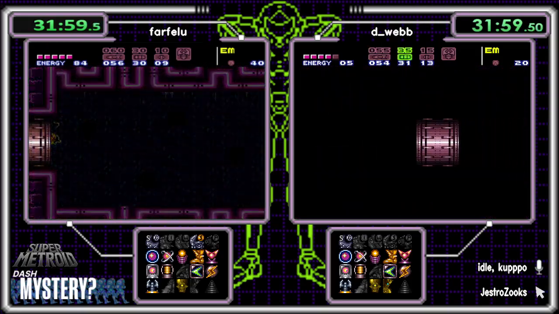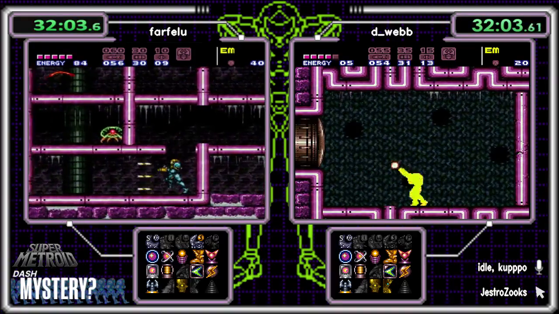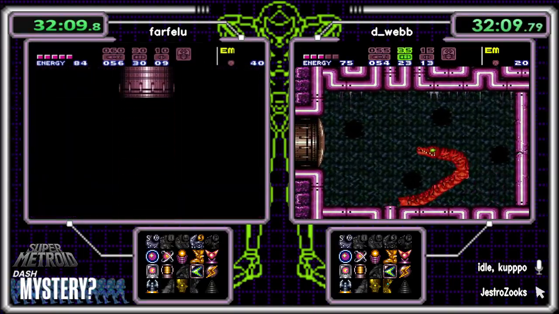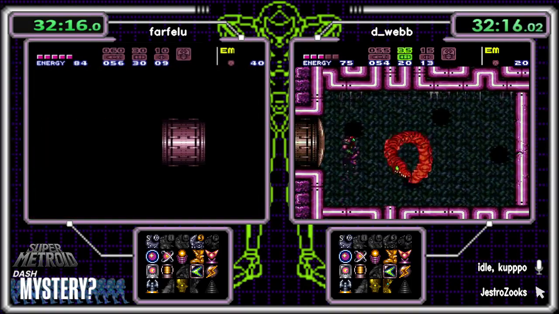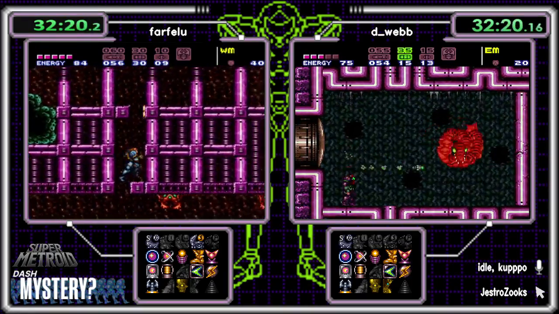Surprised D-Web didn't check those miners first, just because another super would be nice, not at the farm. But he's probably planning to get him on the way out. Yeah, I imagine D-Web's thinking he's gonna check whatever the boss item is. Or maybe he's planning on Botchan being a big jerk, and so...